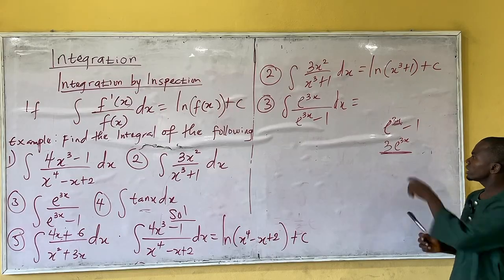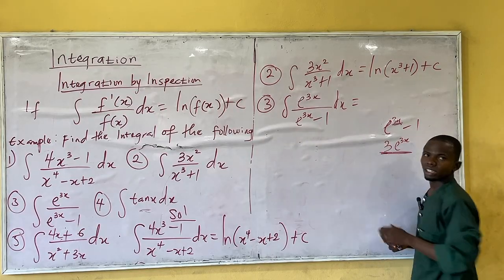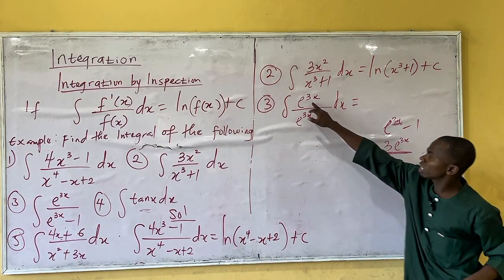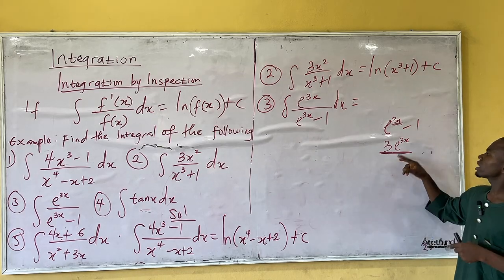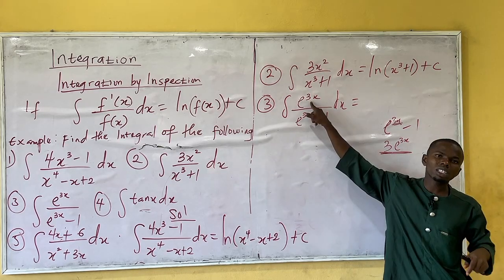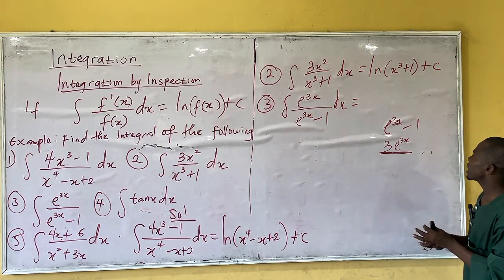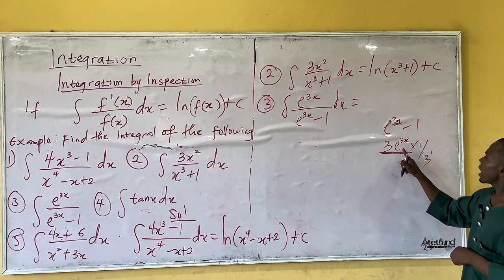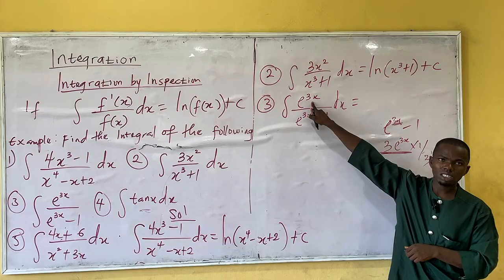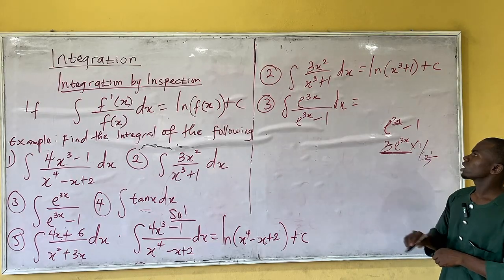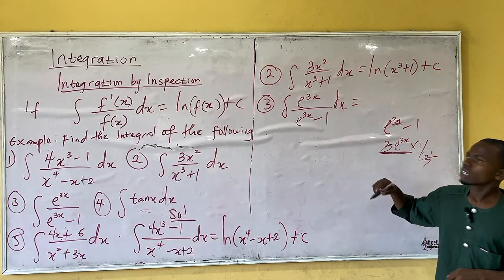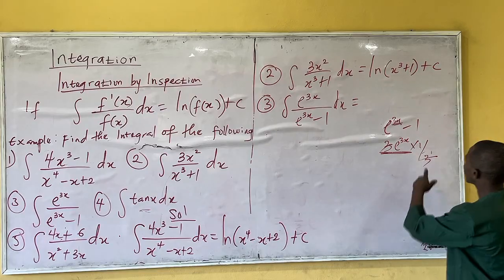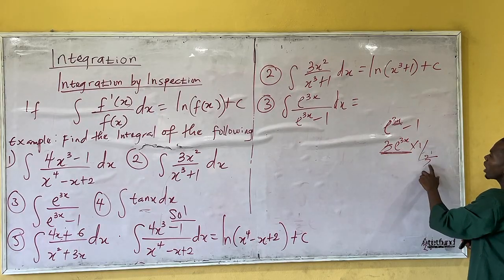a question: how can I make this to be this? How can I make this to be exponential of 3x? What can make 3 exponential of 3x to be exponential of 3x is to multiply it by what? 1 over 3. Because if I multiply this by 1 over 3, the 3 will cancel, which means my answer will now be, since if I multiply my answer by 1 over 3, it